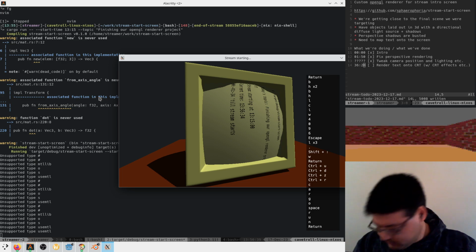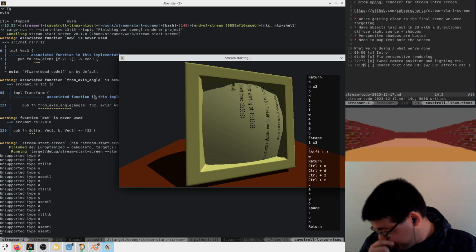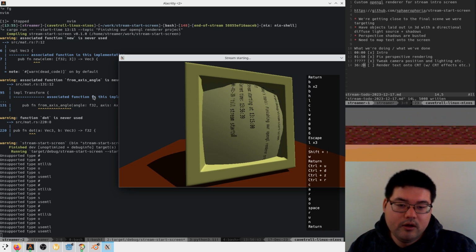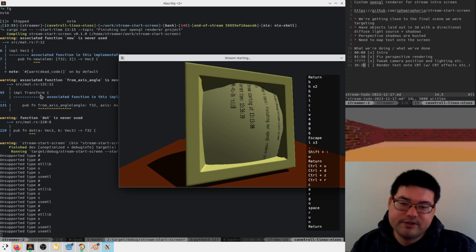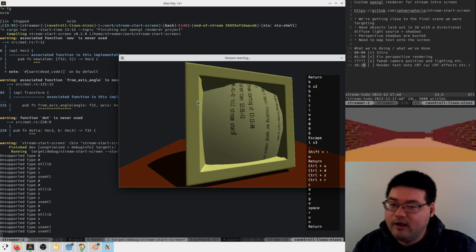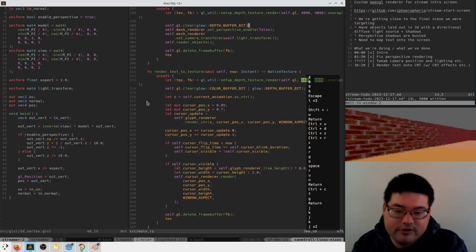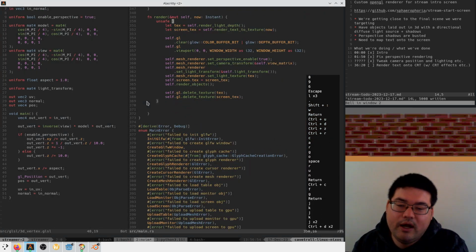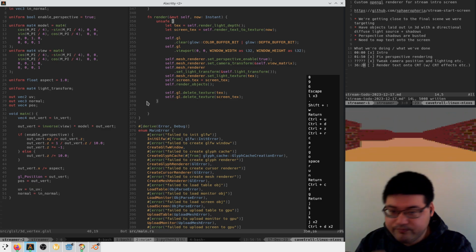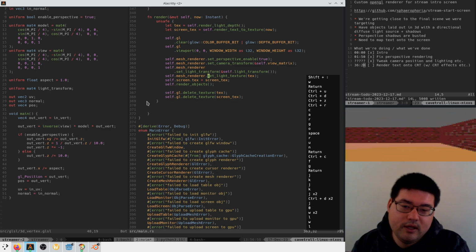I'm just trying to think of what I want to do. You know what? Fuck it. Let's apply extra effects to the screen itself. Let's just get that going. So I guess what we want to do is,